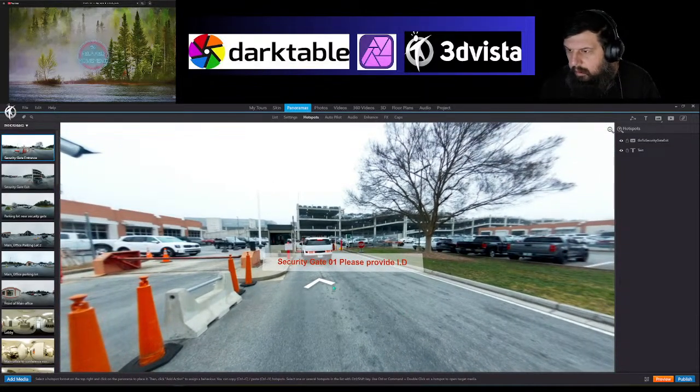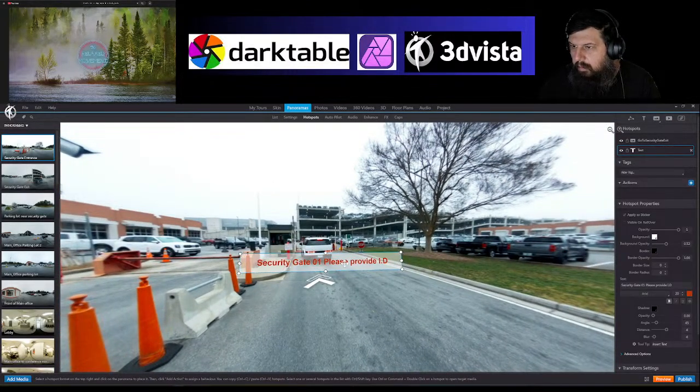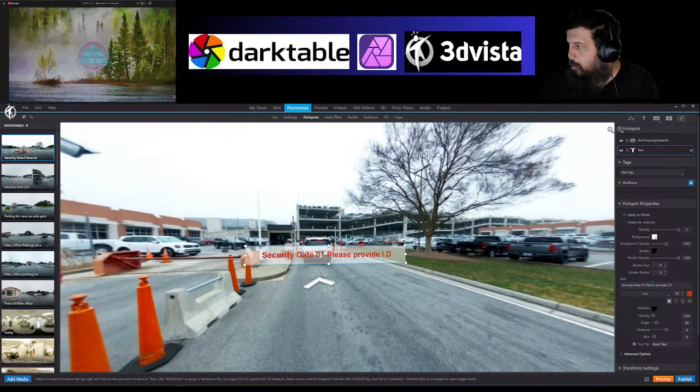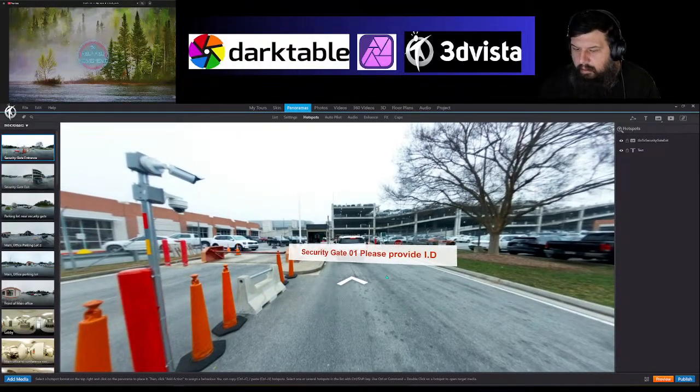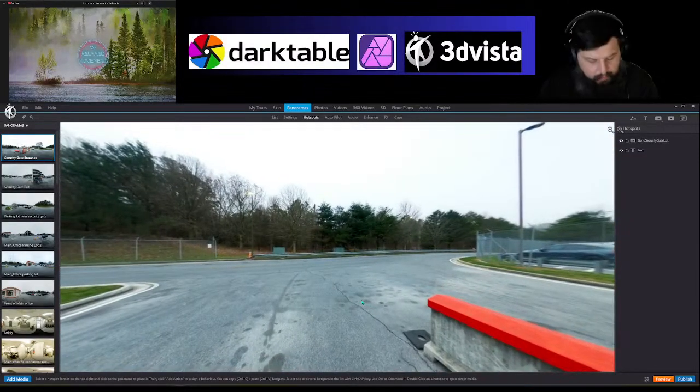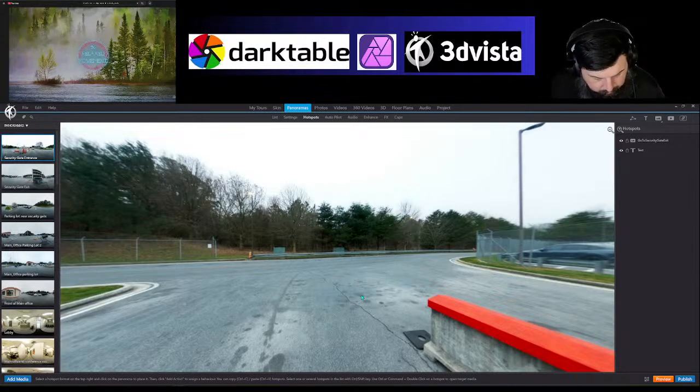Security gate, please add. Please provide ID. Maybe what we can do is background opacity. Let's do something like that. That makes sense. Let's go ahead and add the next